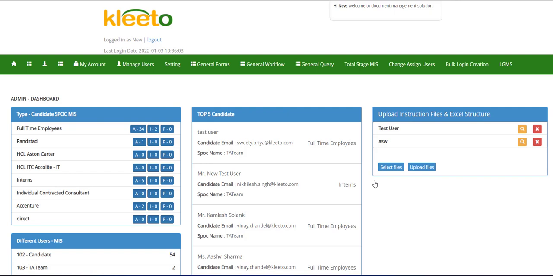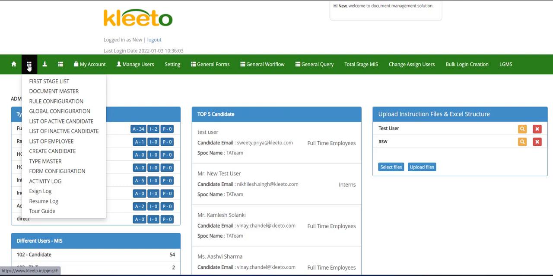You can also define what kind of forms or documents you want from your candidates, and also internally, what forms are generated by the internal teams. These documents can further be digitally signed, and these digital signatures are valid in the Indian Court of Law. Once you deploy the system, you need to configure a list of documents that you will be taking from the candidates or you will be generating internally.